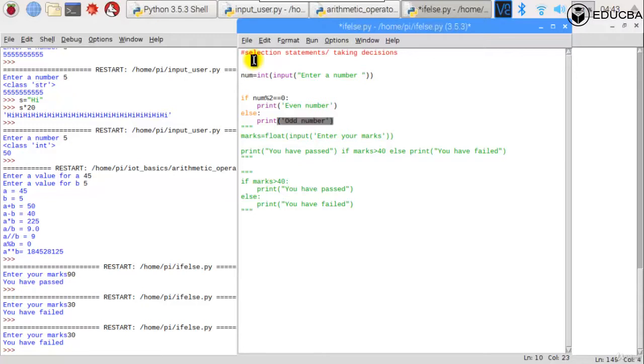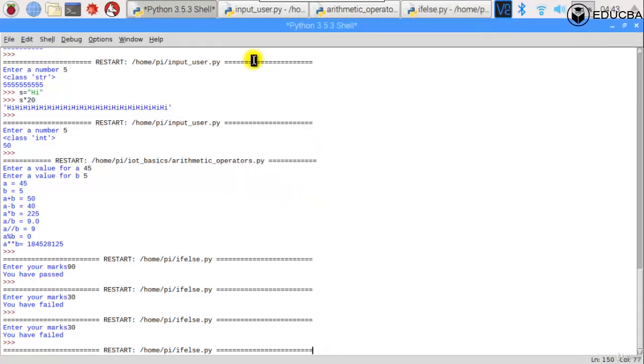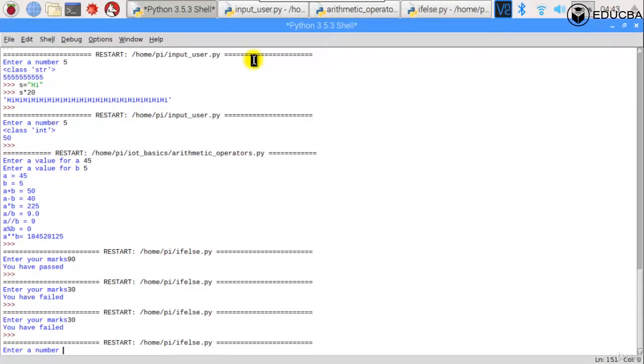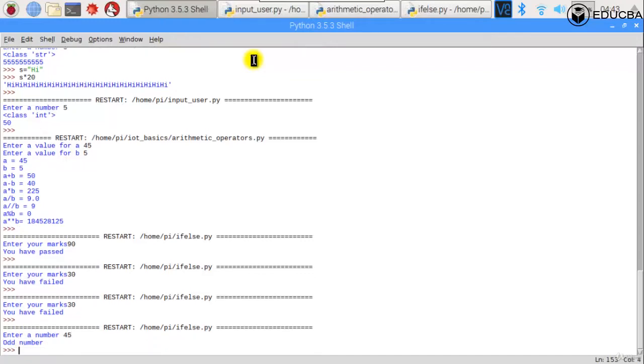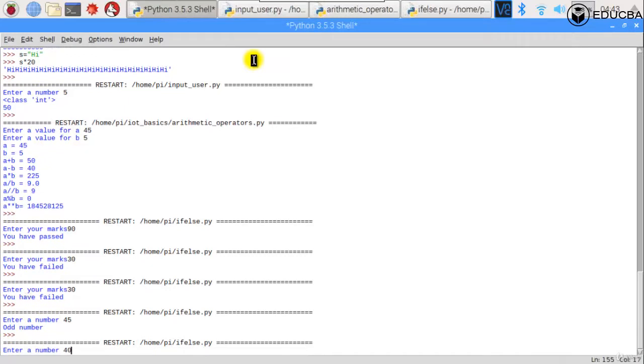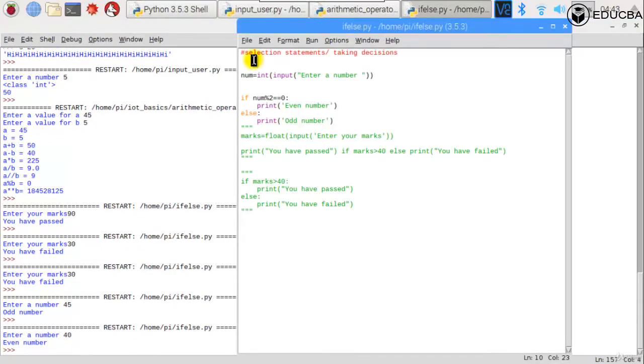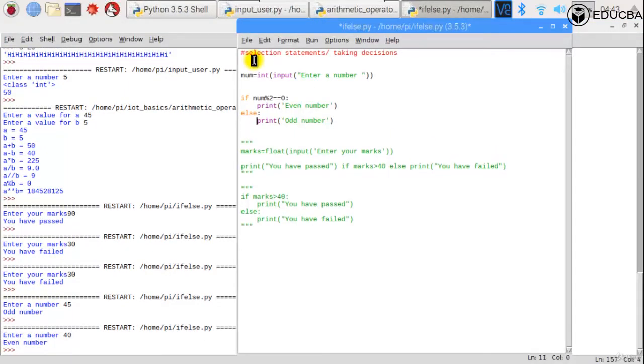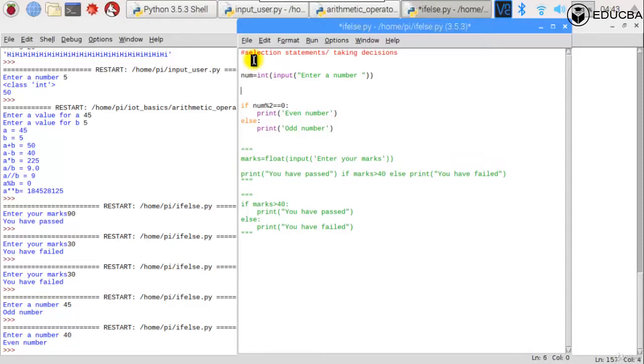Clear? Okay, so I save and I run that. And if I say 45, that's an odd number. But if I say 40, it's going to be an even number. Correct? I could also say it in the other format of the if and else, where I would say print